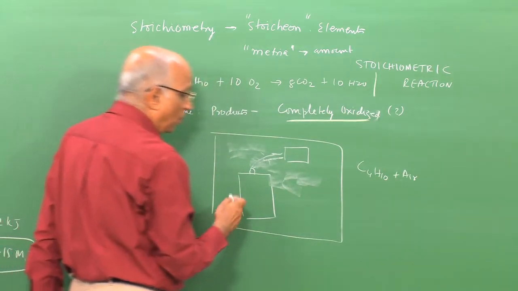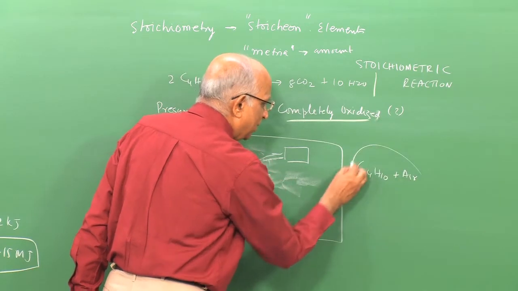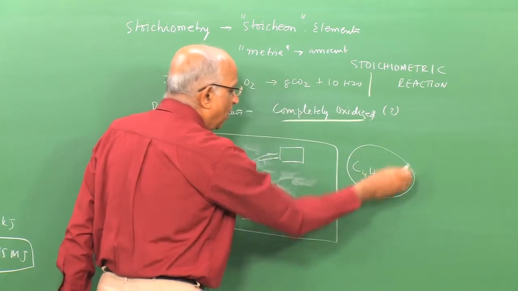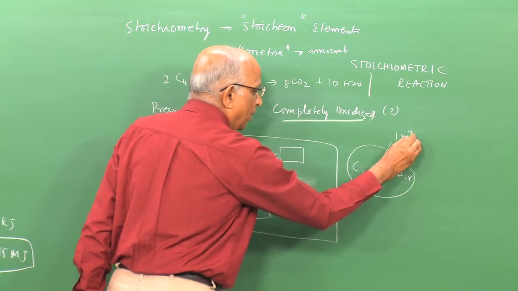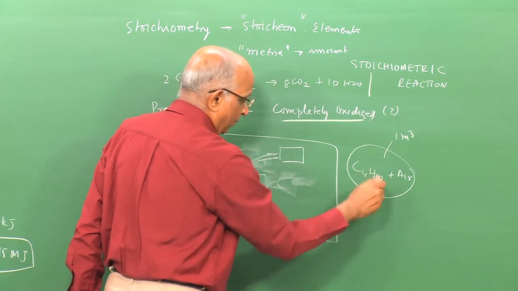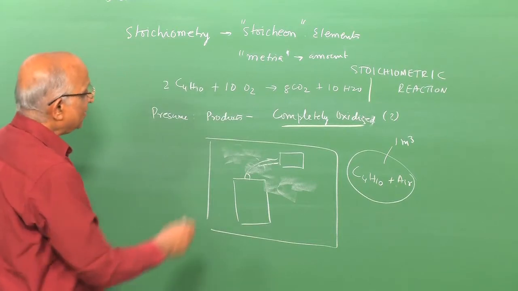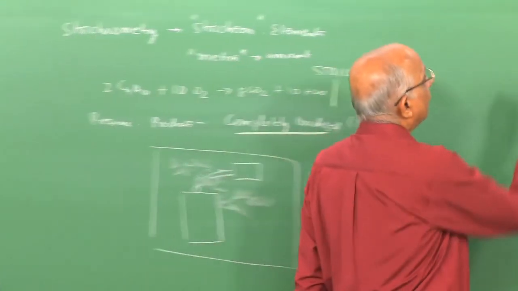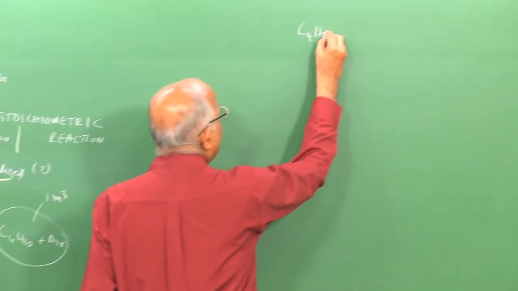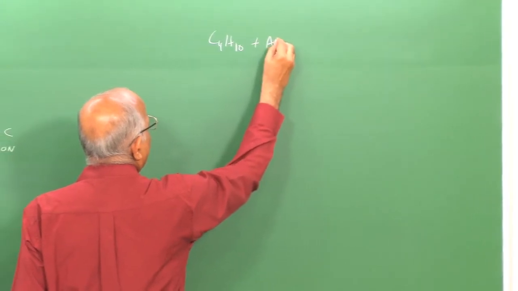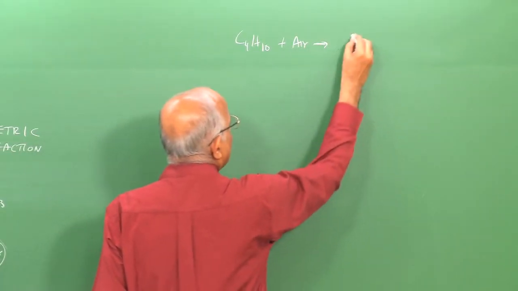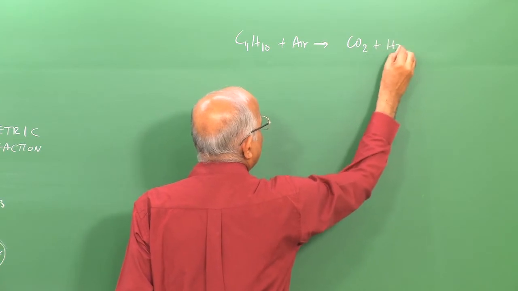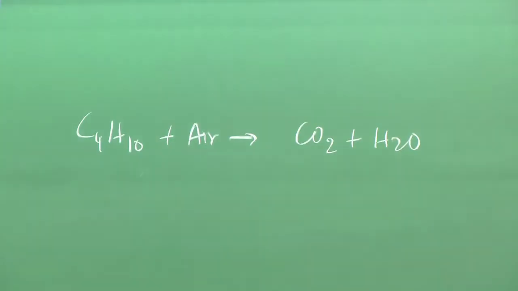Now, I want to go further and calculate the energy released, let us say in a volume of 1 meter cube, if butane and air are there. Let us presume, since I have defined the word stoichiometry, that I am looking at a reaction between butane, and we will extend it to other substances, plus air to form fully oxidized substances, namely CO2 and H2O. Therefore, now I need the properties of air to solve this problem.